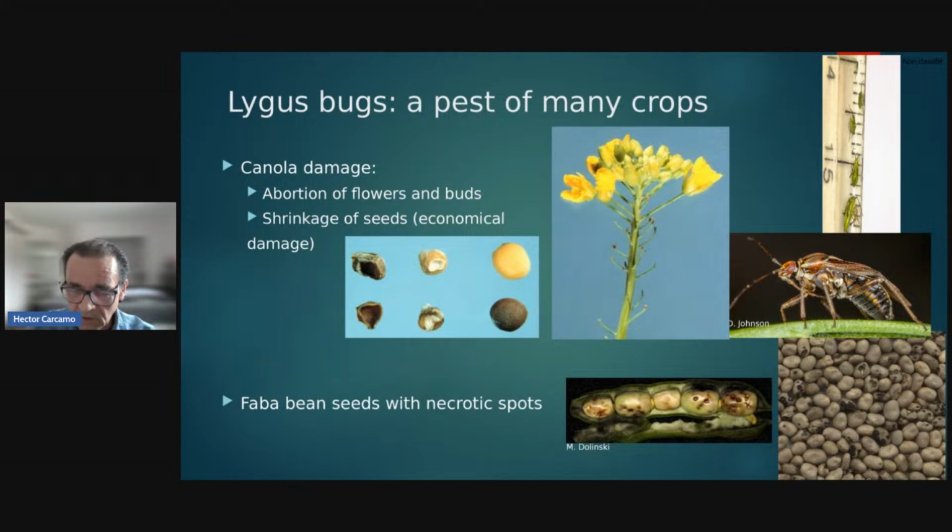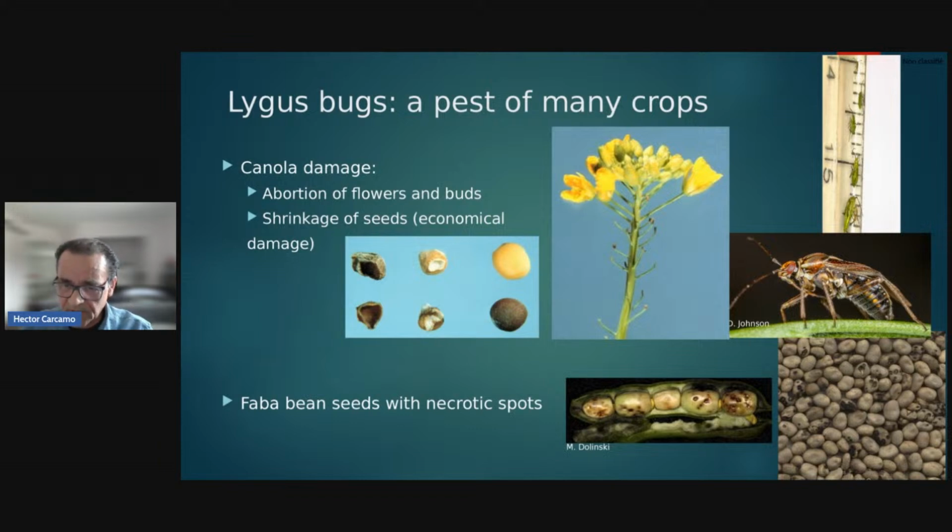So you don't have the option to spray too much insecticide. Like most of our crops, we rely on insecticides to manage Lygus bugs. We don't have too many alternatives yet, and that has been the subject of our work for the past couple of decades. One really important question to ask about Lygus bugs, or actually for any insect pest: when is that